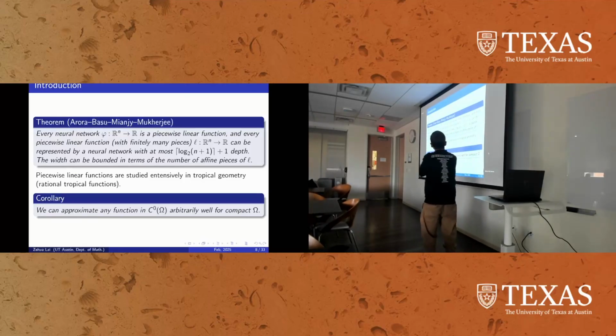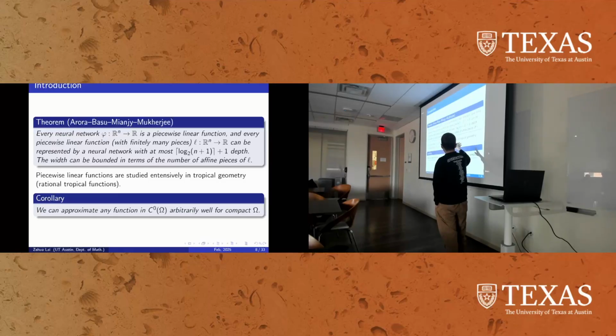And for this traditional feedforward neural network, there's a very famous theorem that says that every neural network is a piecewise linear function. So it means that we can find a partition of the space such that each piece is a linear function, and it's continuous on the whole space. And conversely, if you are given a piecewise linear function, you can actually write down a corresponding neural network. And this neural network has at most log n depth, where n is the dimension of the space, and the width can be bounded in terms of the number of affine pieces. So we can give a bound of how many parameters we need to represent